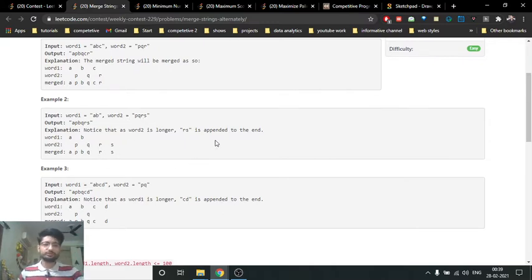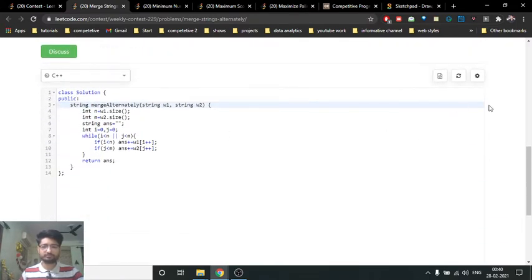You can just solve it using two pointers. This question does not require too much explanation. You just take two pointers, one pointing at this character and one pointing at this character, and if my i is in bound, then take that character. If my j is in bound, take that character. If anything goes out of bound, just don't take that character and go on to the other character. I hope you understand the point. I'll make it more clear with the code.